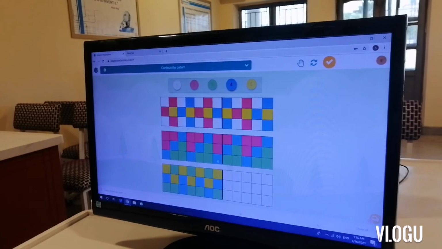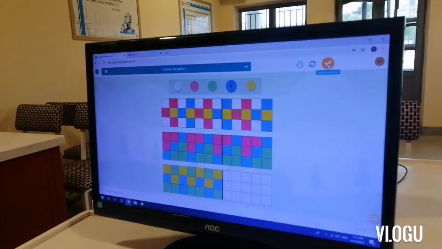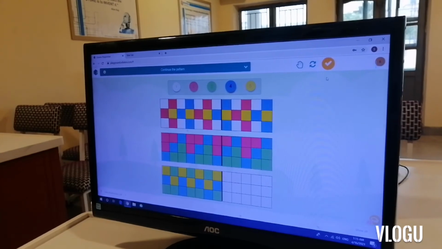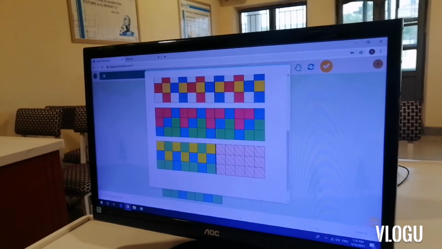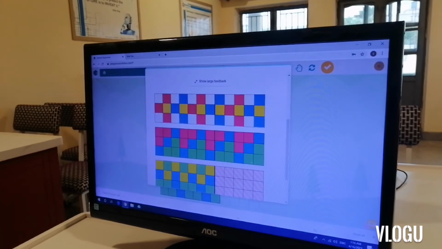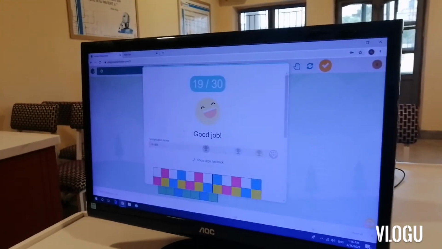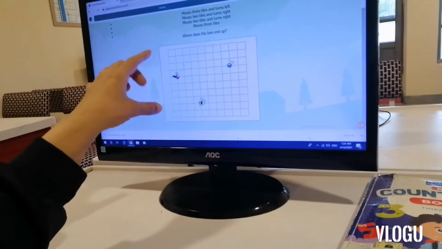This is how you all should complete the pattern, and at the end you must click on the submit button, this submit exercise. When you click on it, it gives you the exact answer. As you all know, I left the third one, that's why I got 19 marks. You all should complete the full question and then submit. Thank you. This is in class grade 5th.